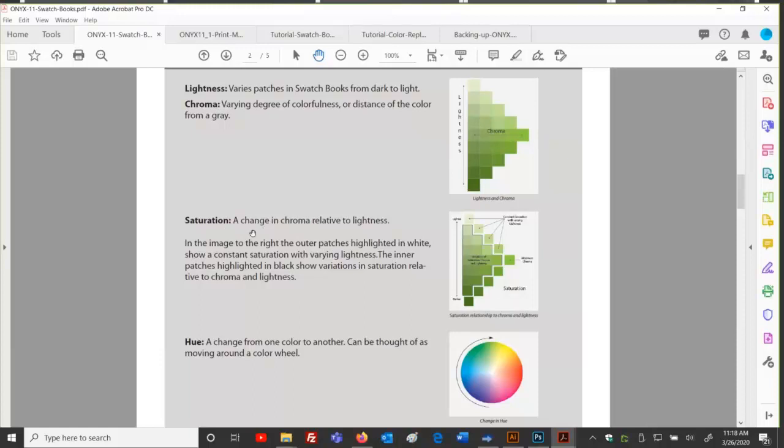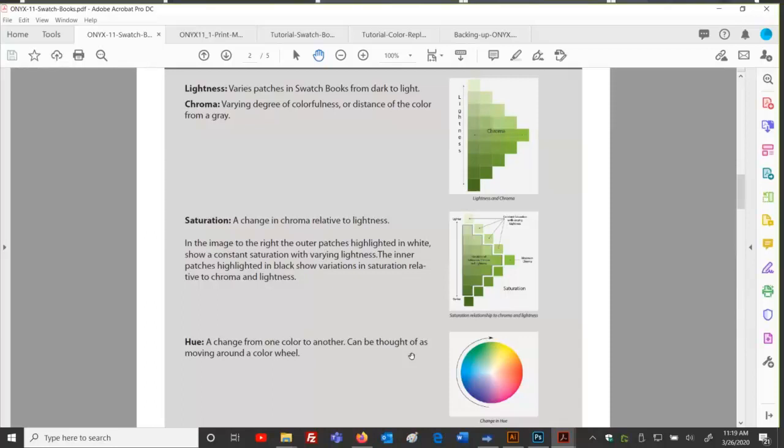Saturation is unique because saturation is a change in chroma relative to lightness. So you get that on the angle, kind of color value change. And then hue is just color. Is it green? Is it more of a teal color? Is it more going towards blue? Is it a red? Is it orange? Is it more magenta? And to me, hue probably is the easiest thing to pick out. We can see hue easily. Oh yeah, that red is just not red. It's an orange, or it's a more magenta. You know, however we describe these things.